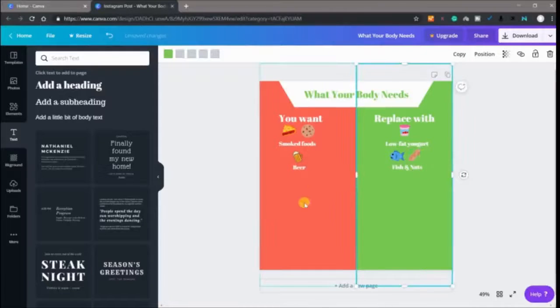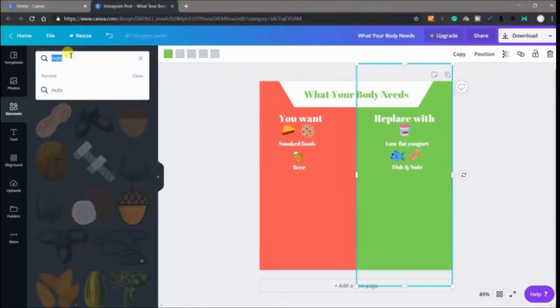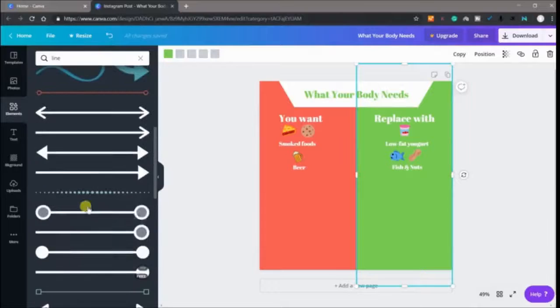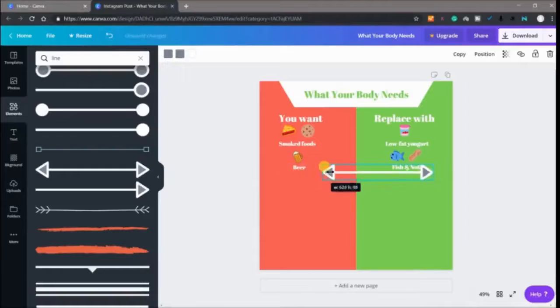Minimize, yeah, good. Okay, we add some lines between the boxes. So we type line. Okay, which one is perfect? Okay, this one is perfect, I think. Minimize that and yeah, copy. Okay,